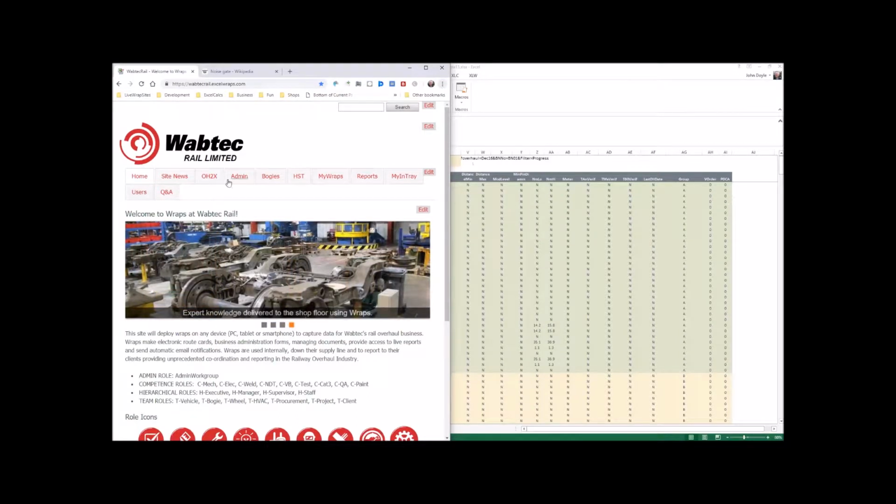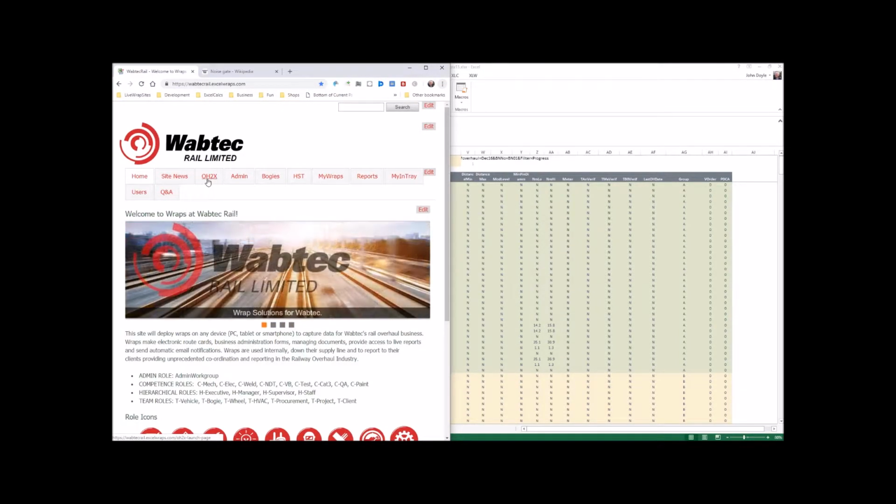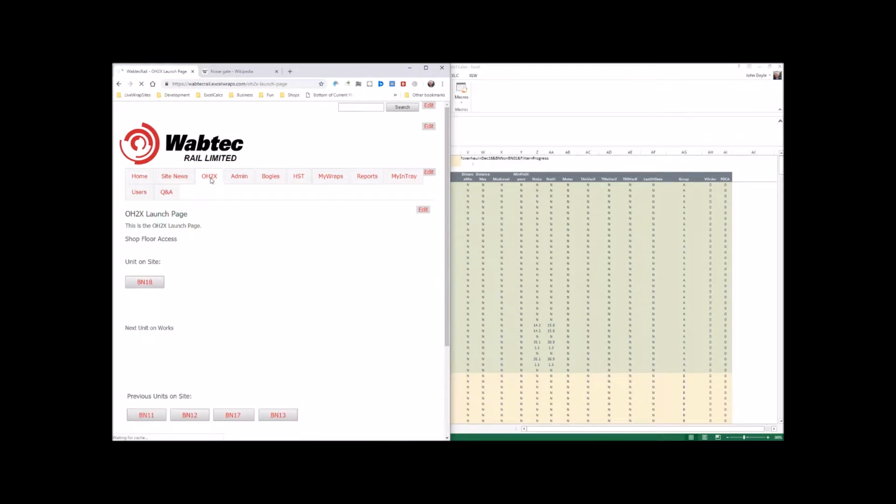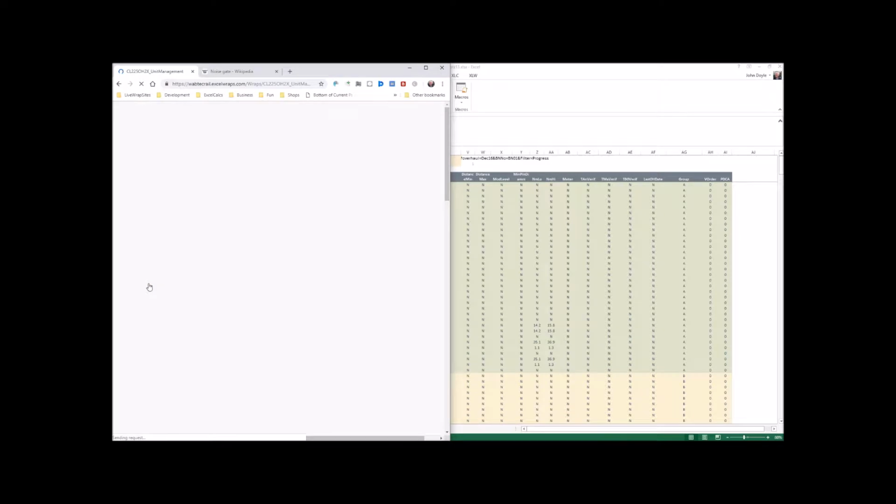The web tech site uses our matrix and morph solution for overhaul. I'll just show you how that's currently working. So they have a unit on site at the moment, unit BN18. If I click into there, this will take us to the first map that's showing how far the overhaul is